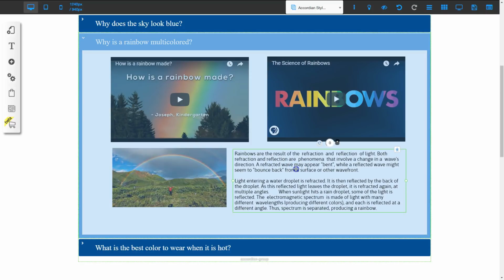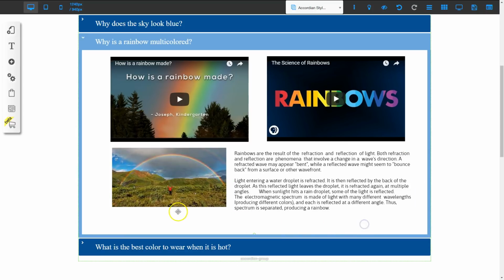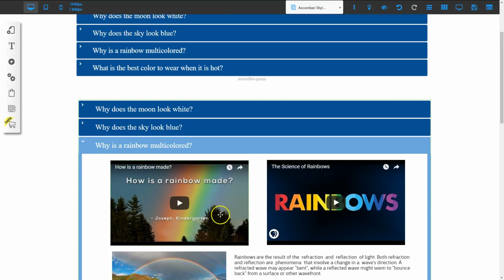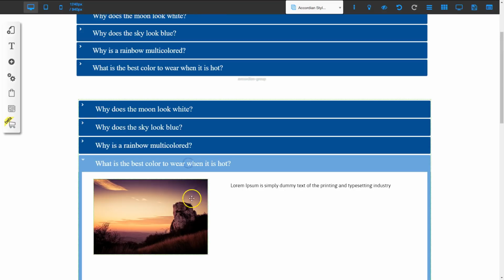I'm going to click and drag it to line it up. There we go. And now I have a little bit of extra space here at the bottom, so I'm going to click in the content area and find that little bitty green circle and drag it up. There we go. And now we've got one more to do, so I'm going to click on that last one,